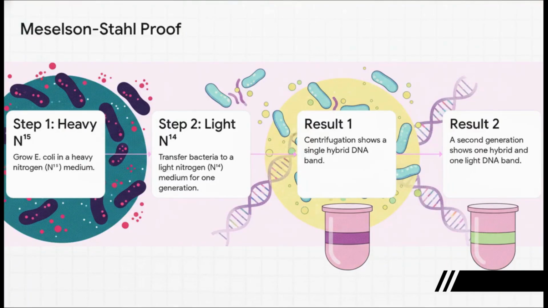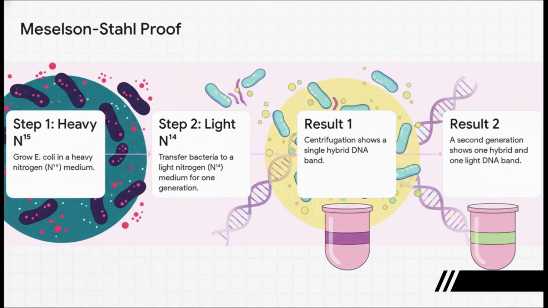Well, thanks to a seriously clever experiment by Meselson and Stahl, here's how they did it. First, they grew some E. coli in a special soup containing heavy nitrogen, N¹⁵. This made all the bacteria's DNA heavy. Then they took those heavy bacteria and moved them into a new soup with normal, light nitrogen, N¹⁴, and let